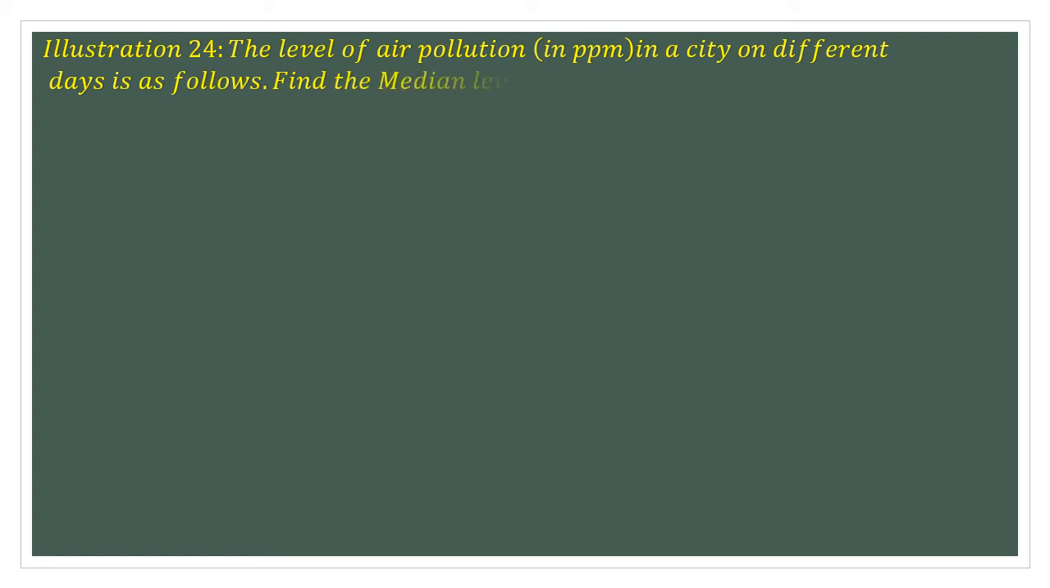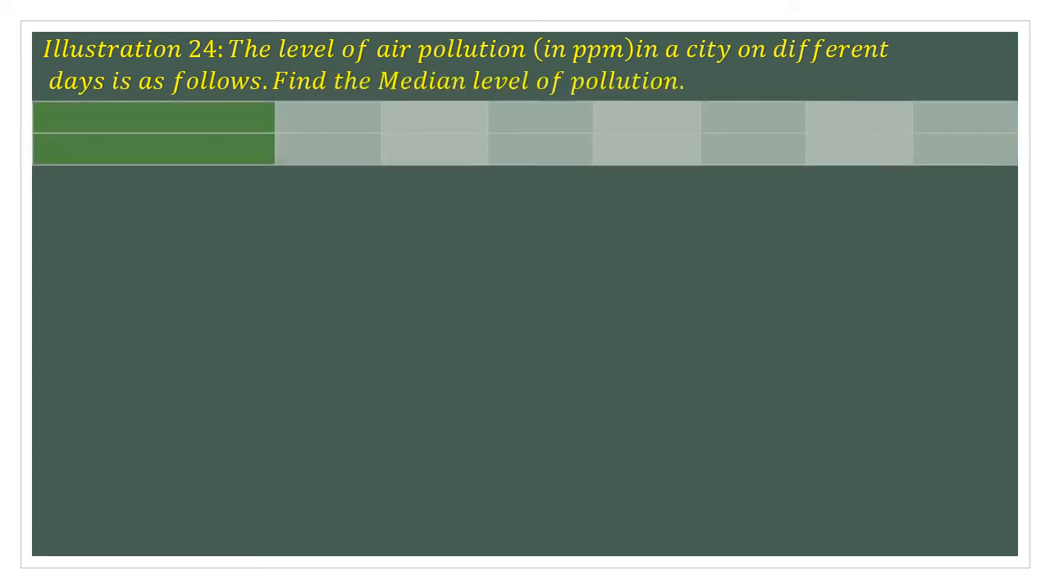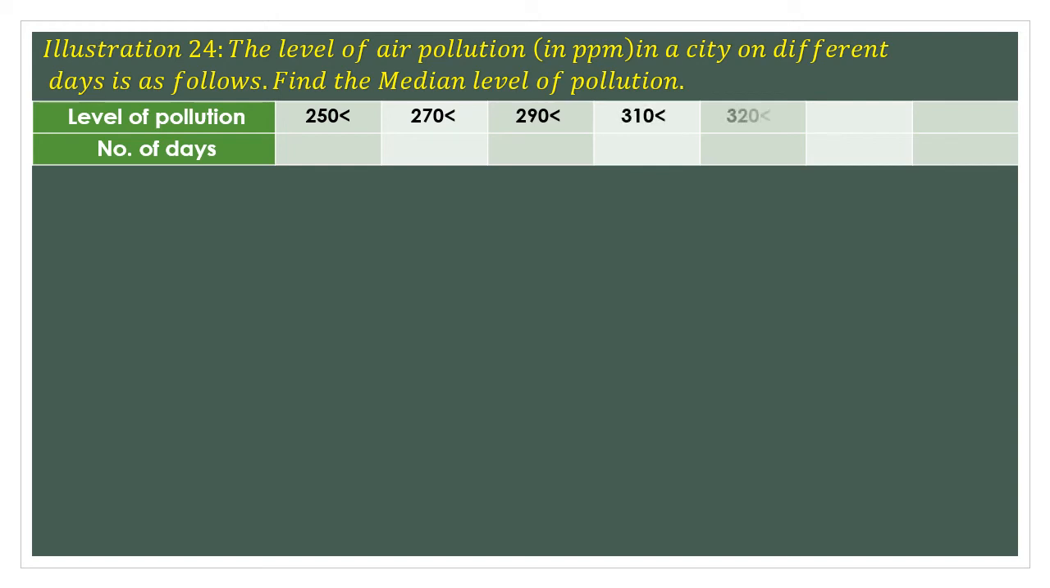Illustration number 24. The level of air pollution in particles per meter in a city on different days is as follows. Find the median level of pollution in the city. The data given is level of pollution in, of course, ppm and number of days. 250 or more, this sign basically means 250 or more, 270 or more, 290 or more, 310 or more,